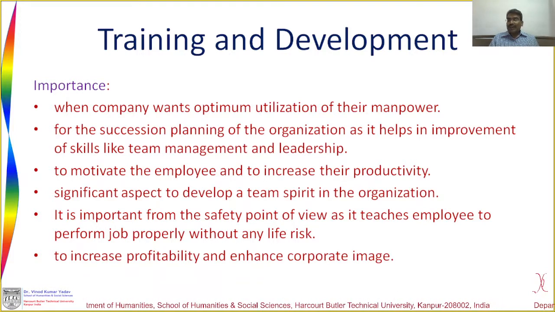To motivate employees and to increase their productivity, this is also important. A significant aspect is to develop a team spirit in the organization. That is very important, because whenever you want to develop a team, whenever you want to convert a group into a team to deliver some high standard, dedicated and targeted task, then you need to convert the group into a team. And when you need to convert a group into a team, then you need to give training and development,